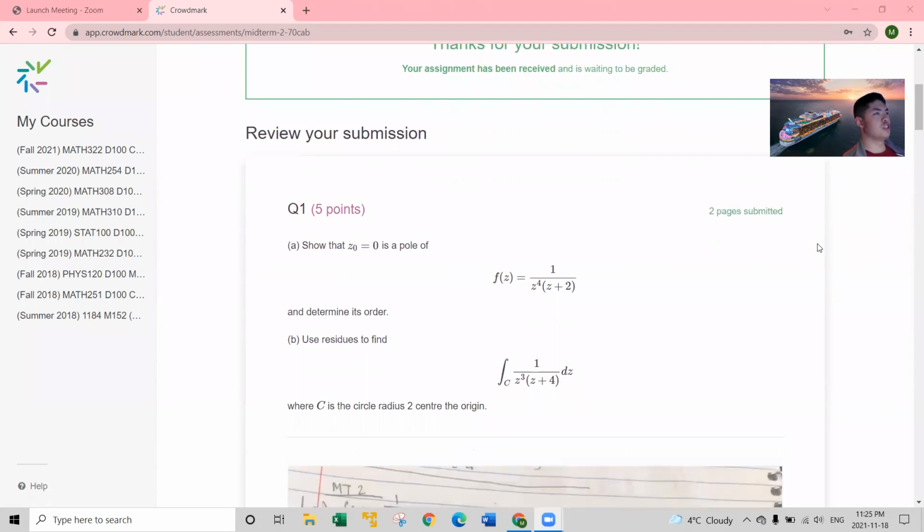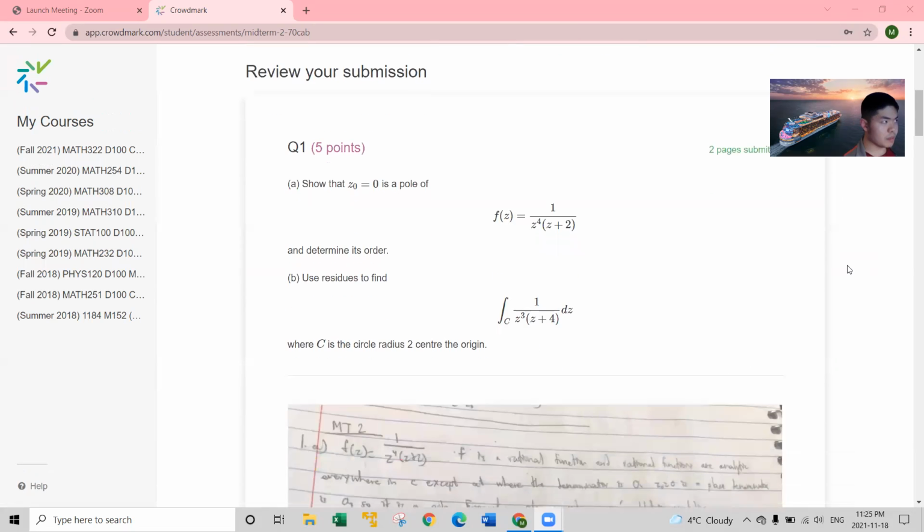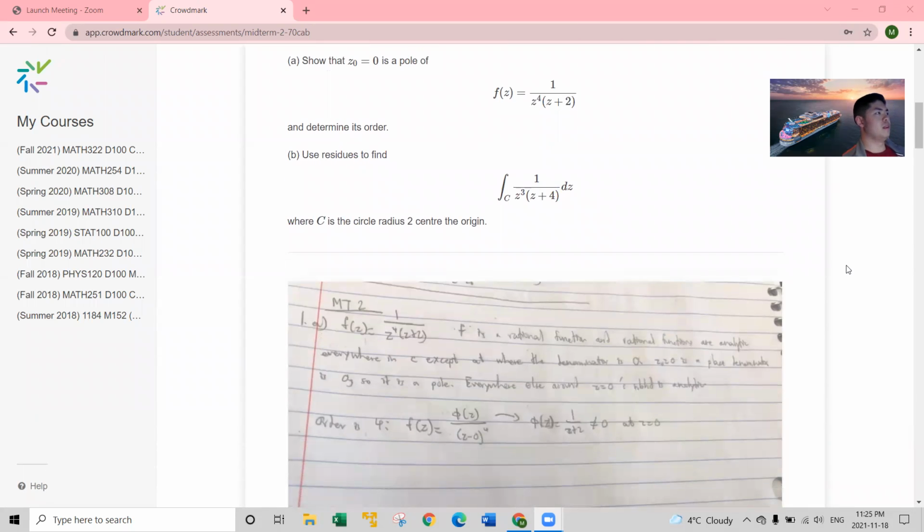Question 1, show that z0 equals 0 is a pole of the function f of z is equal to 1 over z to the power of 4 times z plus 2 and determine its order. B is use residues to find the integral of 1 over z cubed multiplied by z plus 4 dz. Evaluate this integral basically, where c is the circle of radius 2 centered at the origin. So part A,